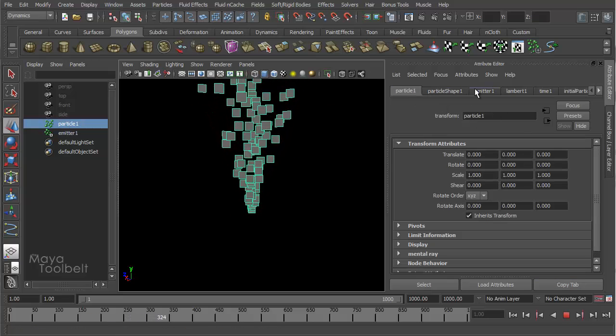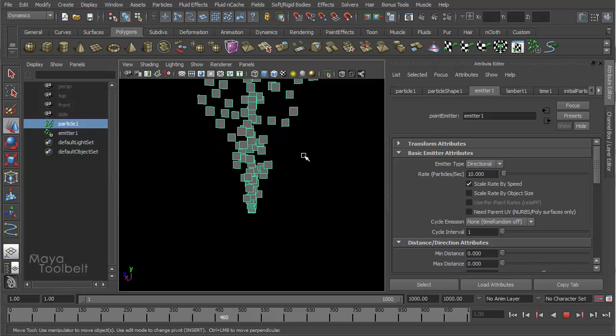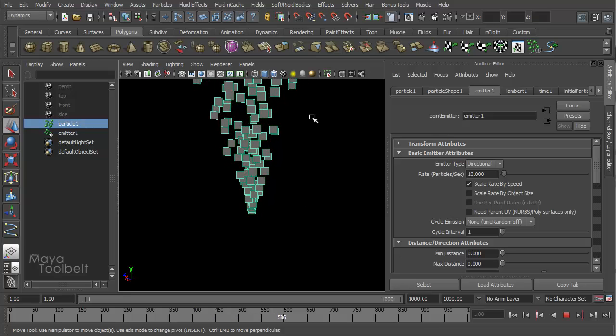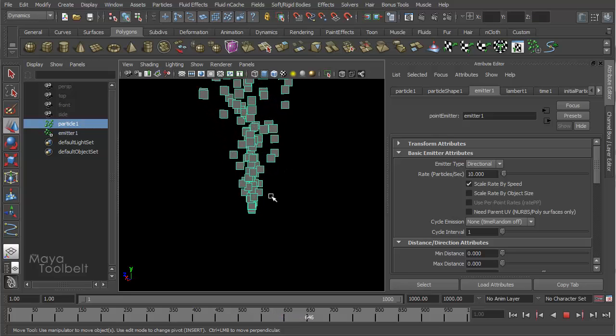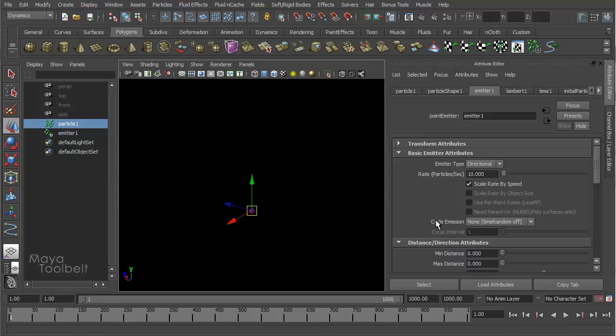Go back to my emitter tab. So if I just hit play, you just watch these particles for a moment, hopefully you'll see there's no real pattern to it. It's just kind of shooting out. Let's rewind and go to cycle emission and turn that on, which unlocks the cycle interval. Now if I hit play right now,